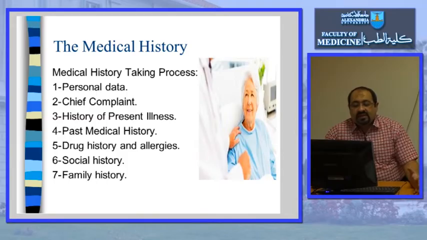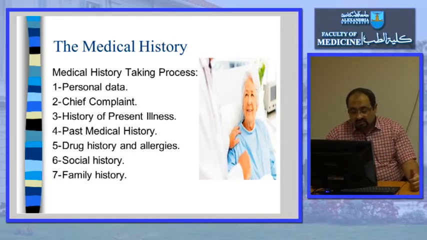Medical history taking can be divided into several categories. First of all, we should know the personal data, as we'll discuss later on, followed by the chief complaint of the patient. Then we should discuss the history of the present illness, followed by the past medical history and the drug history. And also we should pay attention to the social and family history of the patient. To start with,